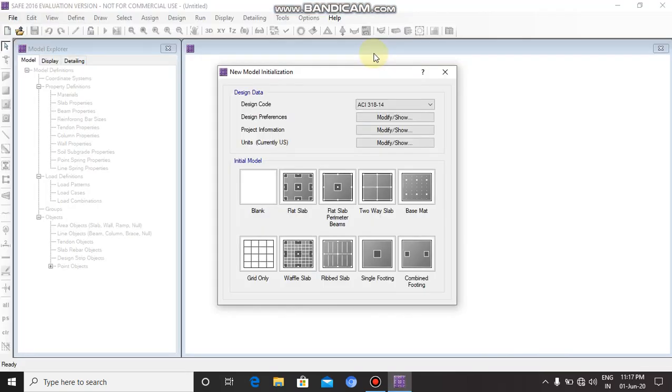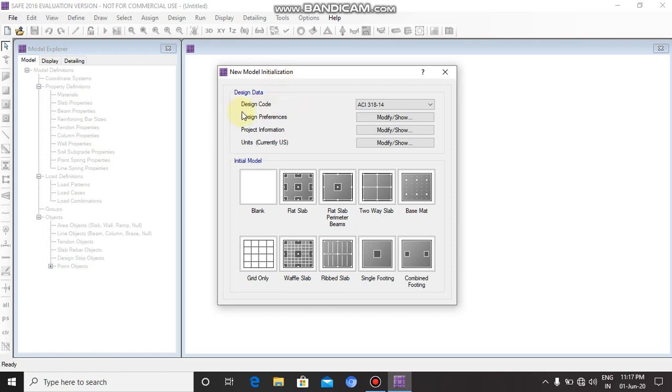Now, this is the SAFE software. From the file menu, I have already selected the new model option. After that, a new window opened, which is this one, the new model initialization.